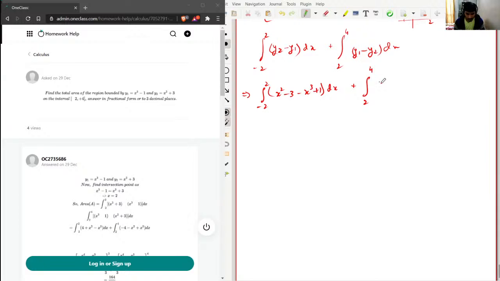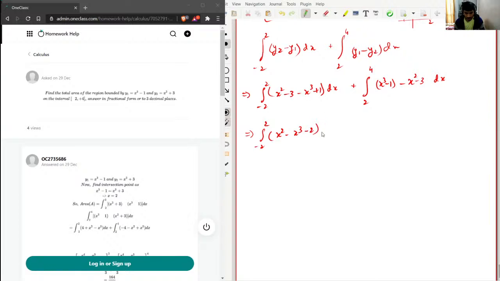So this will be x cube minus 1, and this will be minus x square minus 3 dx. Now I'm going to simplify this. I'll just add this constant. So this will become the integral from -2 to 2 of x square minus x cube